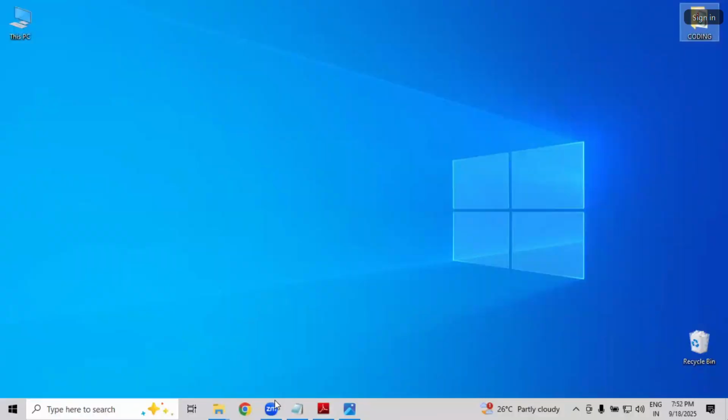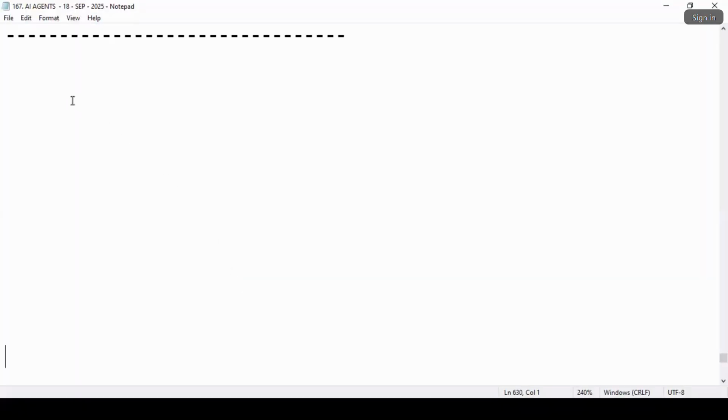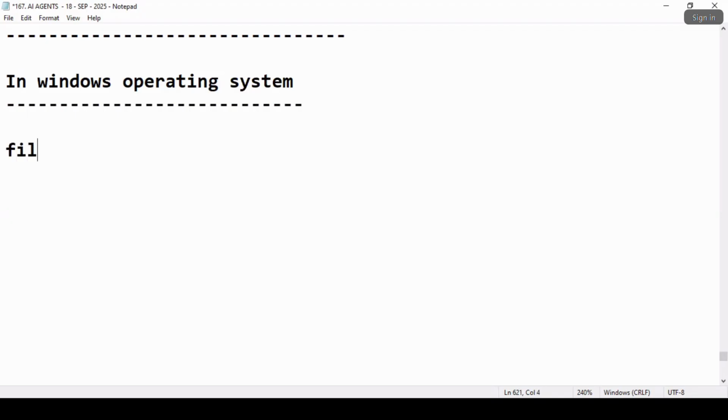Let me just try to explain. Imagine in the Windows operating system, this is the backend architecture actually. I have a file. My file will be 10 MB. Sorry, let us take 10 KB.